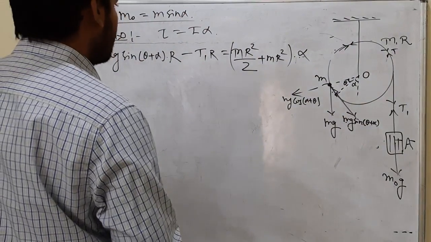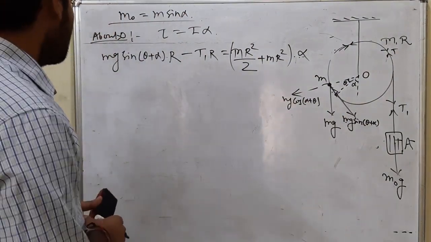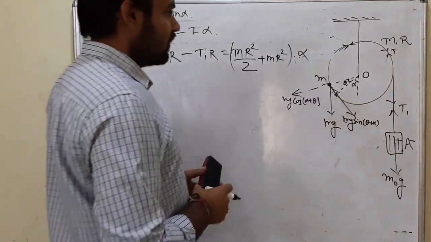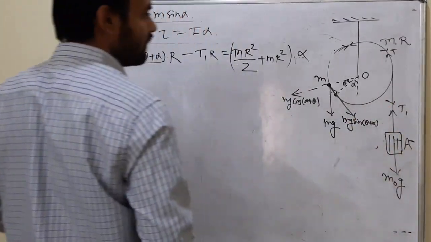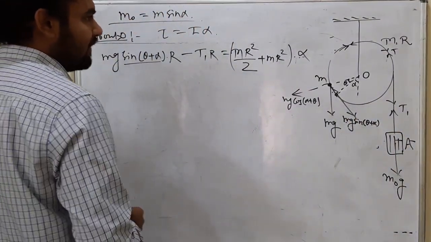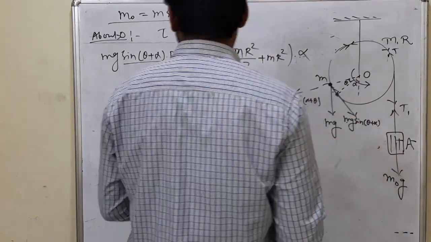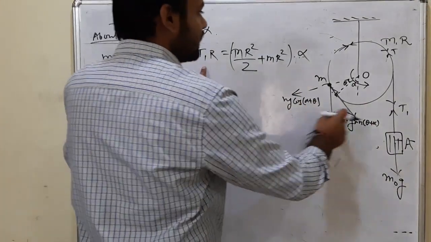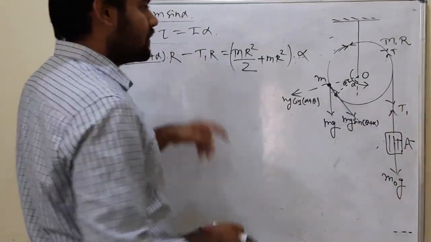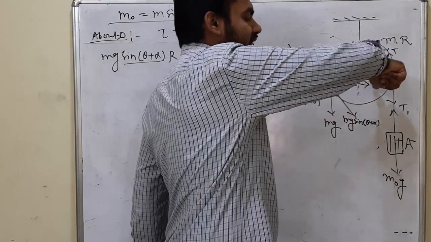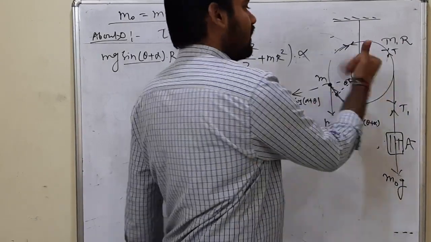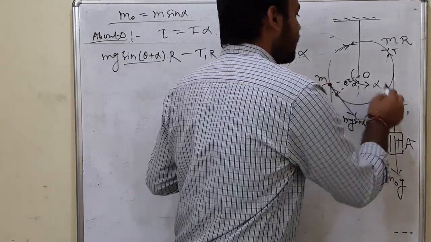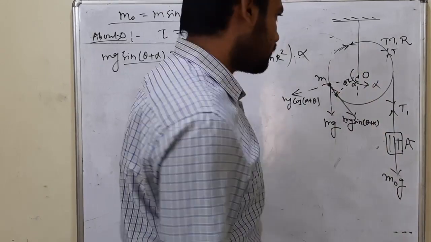We can expand this expression, but before that I have to find the value of T1 at this moment of time. I have written here that this is the torque of mg, minus the torque of the tension. I put the minus sign because the torque of the tension is in an inward direction, while the torque of mg is in an outward direction. So this torque minus this torque equals I alpha. This is the direction of tau, or you can say alpha.